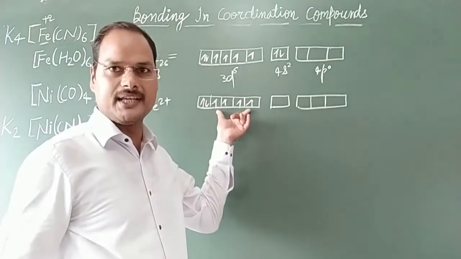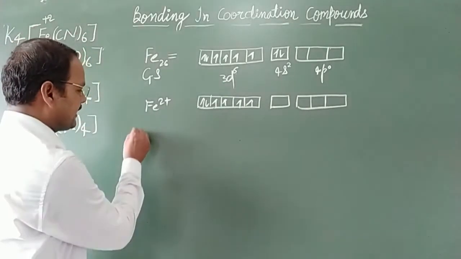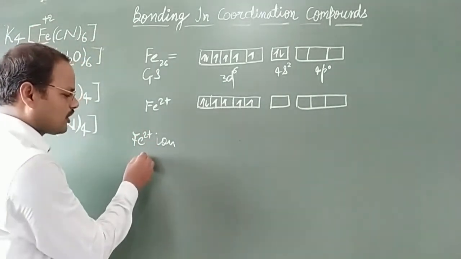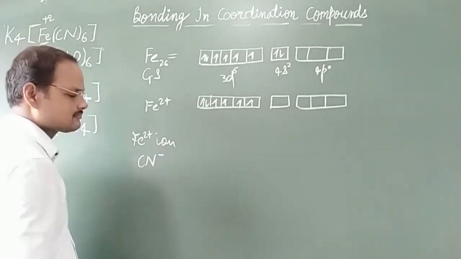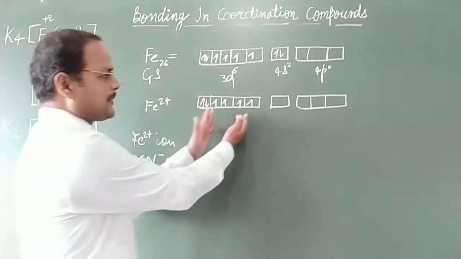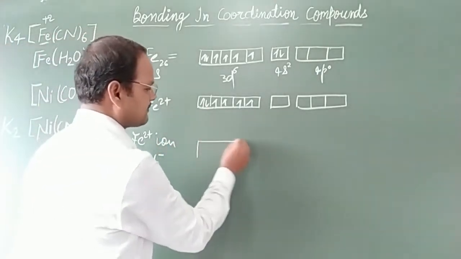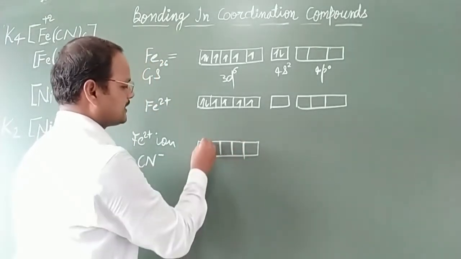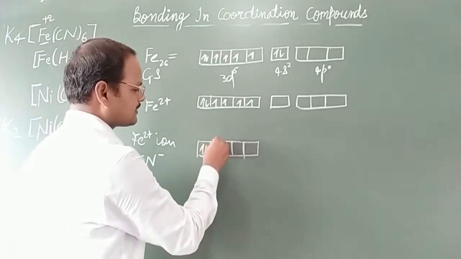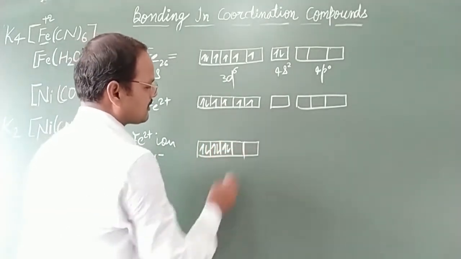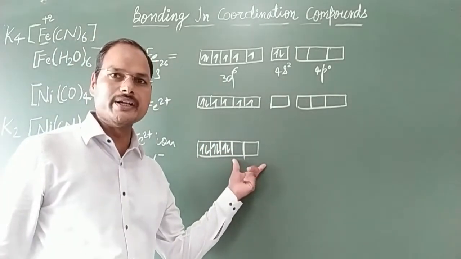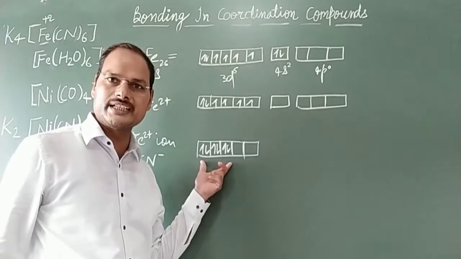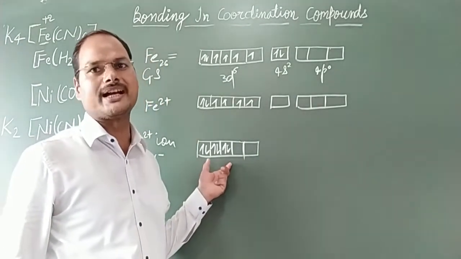The pairing will take place. It means Fe2+ ion in presence of CN-, what will happen? Pairing will take place. In the third step, we can write this electronic configuration once again. See, pairing will take place and we will get 2 empty orbitals in 3d and 3 orbitals with 2 electrons